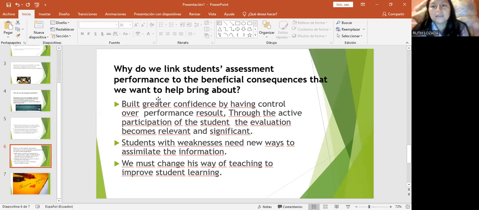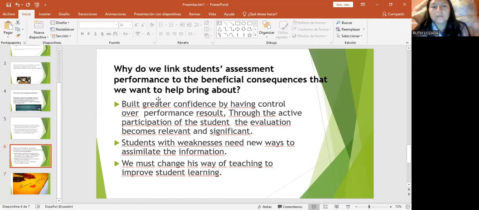In this case, we need to consider some teaching methodologies to improve students' learning, to develop their abilities, and to see how they can learn better, or use some other methods, and consider